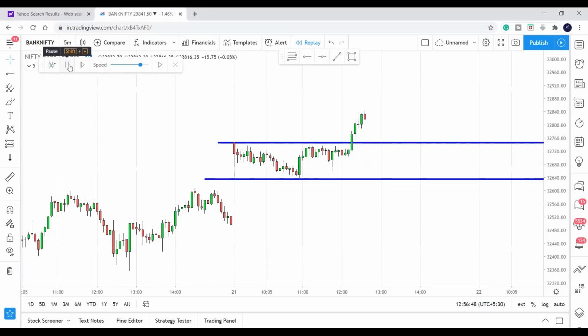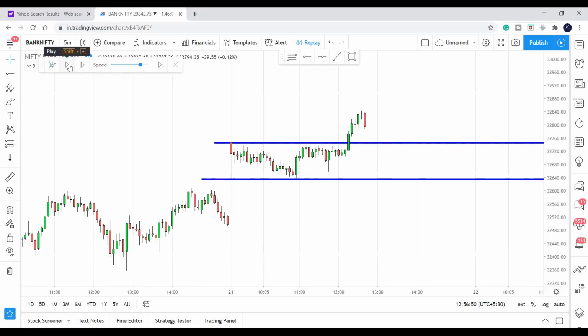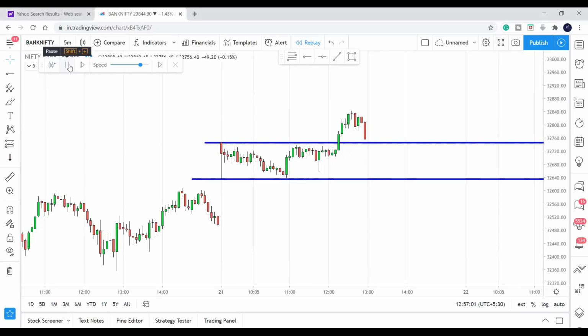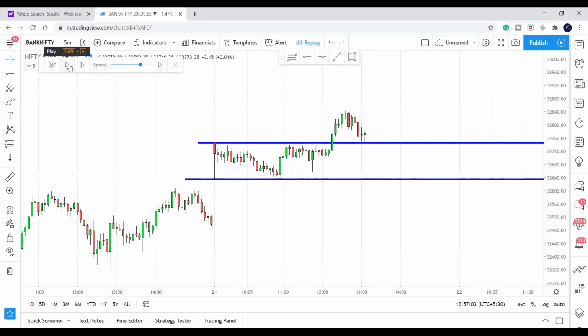Breakout happened, but we are not discussing the breakout strategy in this video. We are discussing that once price retests that breakout line, we will enter, right? Now let us see. Can you see back to back two pin bar candles here? That means this will be your entry, and this will be your stop loss. Take profit either at the day's high or at the 2 hour. So you have entered here.